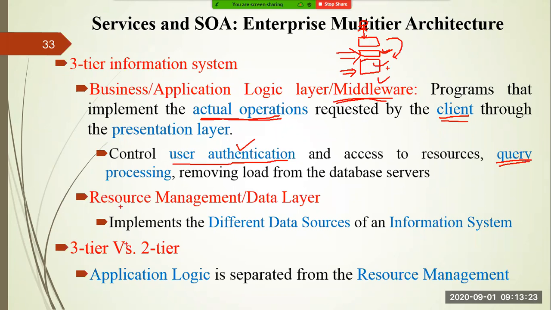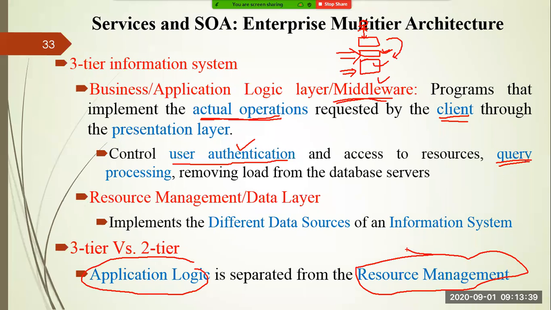So if you look at the difference between 3-tier architecture and 2-tier architecture, in 2-tier architecture, one client is there and on the other side a server is there. Traditionally, people used this 2-tier architecture. So what we have done here is that the application logic is separated from the resource management. In 2-tier architecture, there is a presentation layer, and the resource management and business application logic layers are merged. The responsibilities given to the business application logic layer and to our resource management layer are different in the case of 3-tier architecture. But in 2-tier architecture, this responsibility is merged. That's why you have two layers.